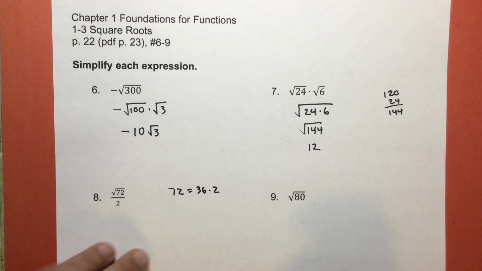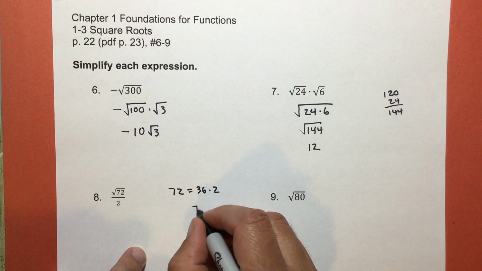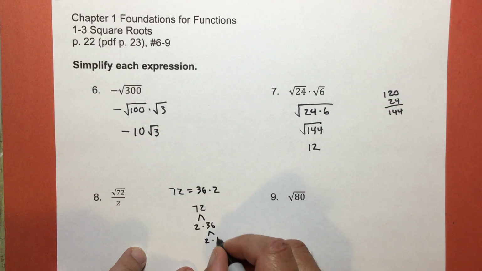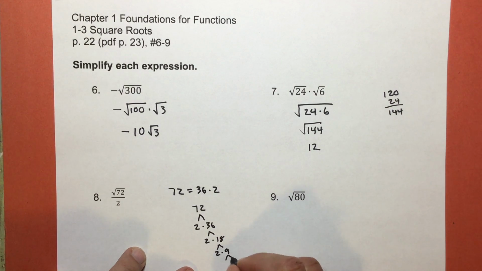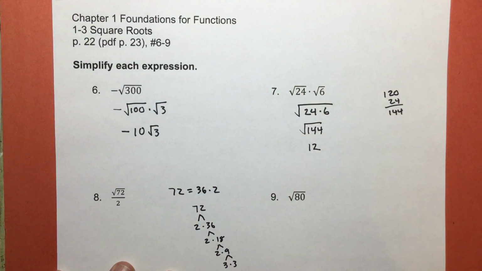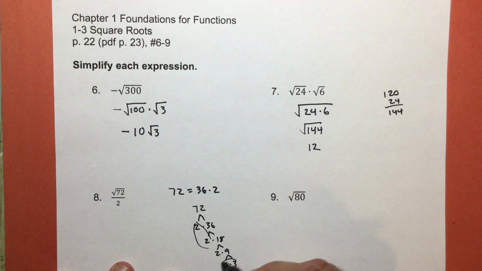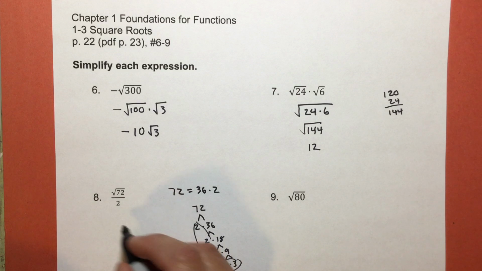Now, if that is confusing, you can go back to something that we did back in Algebra 1. You can make a factor tree. 72, you can say 2 times 36, which is 2 times 18, which is 2 times 9, which is 3 times 3. Now I factored by starting with the lowest prime number and going up. Notice that right away I saw 2 times 36, so 36 was in there. So here's my 4, here's my 9, and the 4 and the 9 gives me my 36. Okay, so either way, if you want to factor it with a factor tree or whatever, that's fine. I'm still going to get